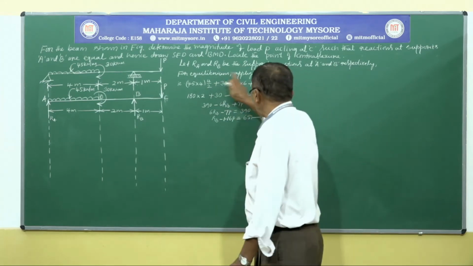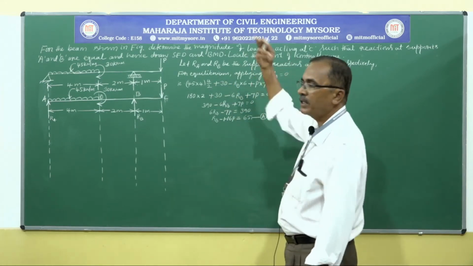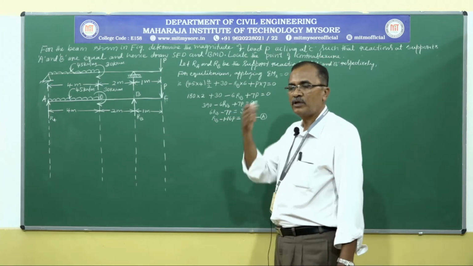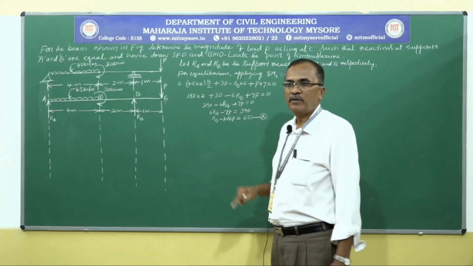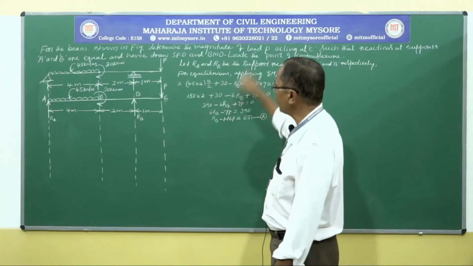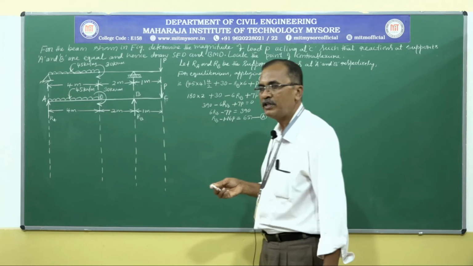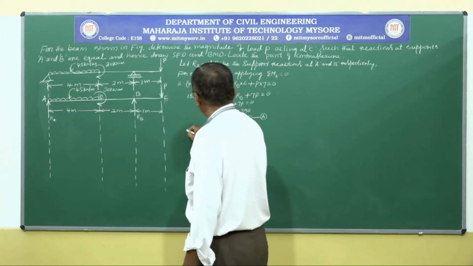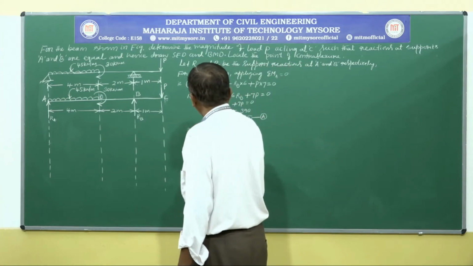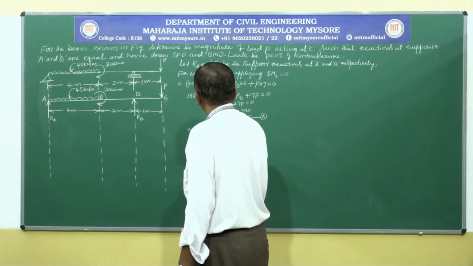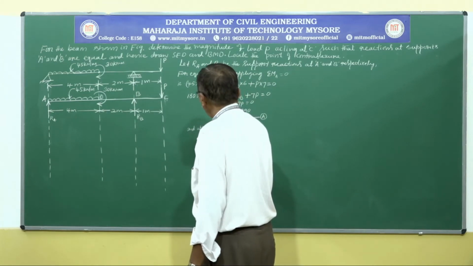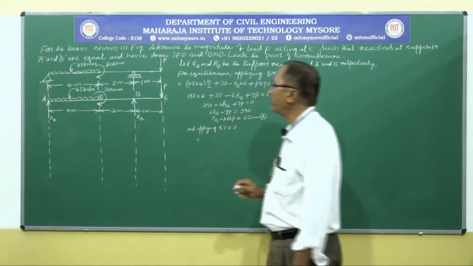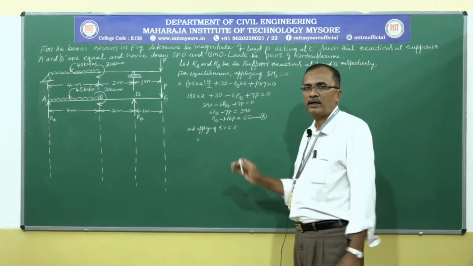So we applied the moment equilibrium condition. Let us apply another equilibrium condition. Conventionally, we first use the moment equilibrium condition, then we use the vertical force equilibrium condition. Let us use the same vertical force equilibrium condition here also, applying sigma V is equal to 0, that is, consider all the forces acting on the beam, exclude the external moment